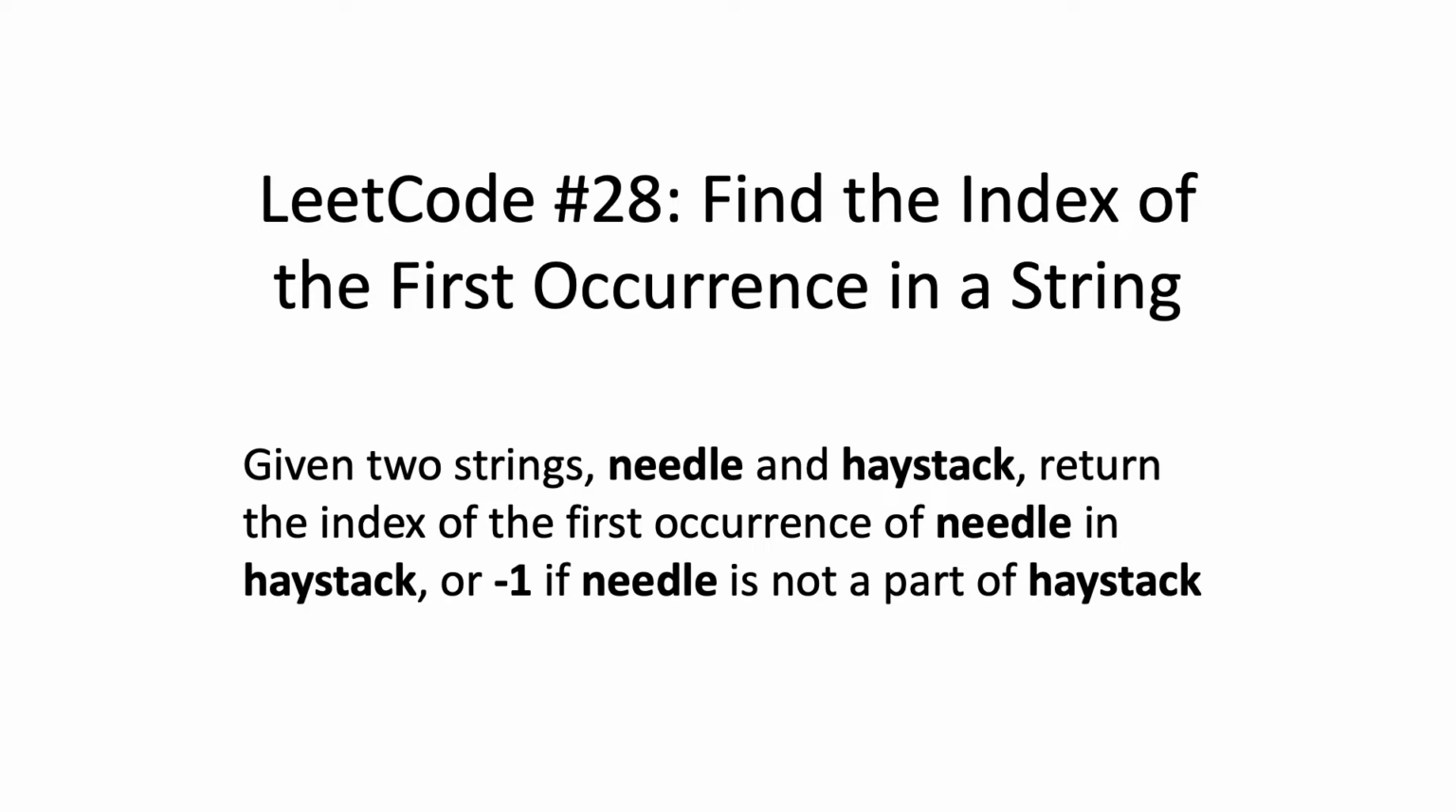Given two strings, needle and haystack, we need to return the index of the first occurrence of needle in haystack, or return -1 if needle is not a part of haystack. For example, let's say haystack is ABCDEFG and needle is CDE. Then you can see that the first occurrence of CDE in ABCDEFG is here, which starts at index 2, so